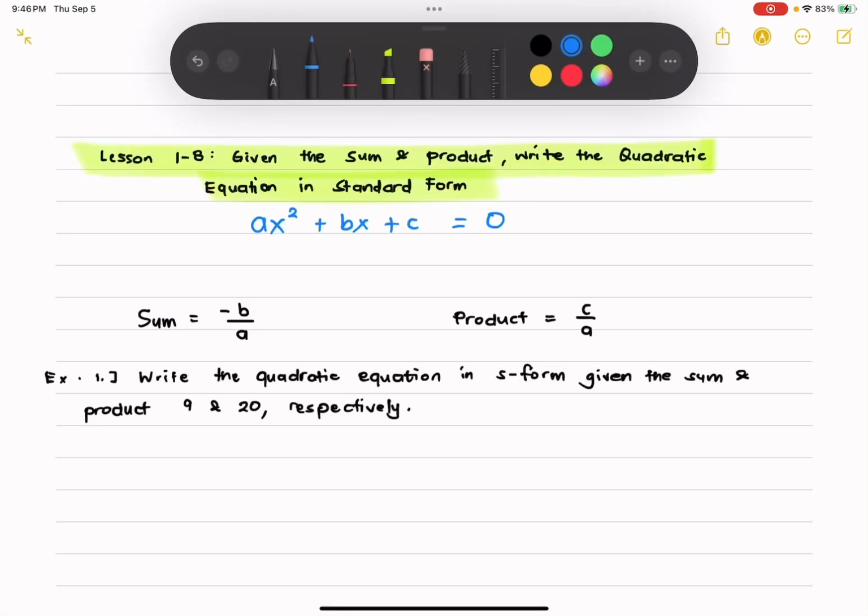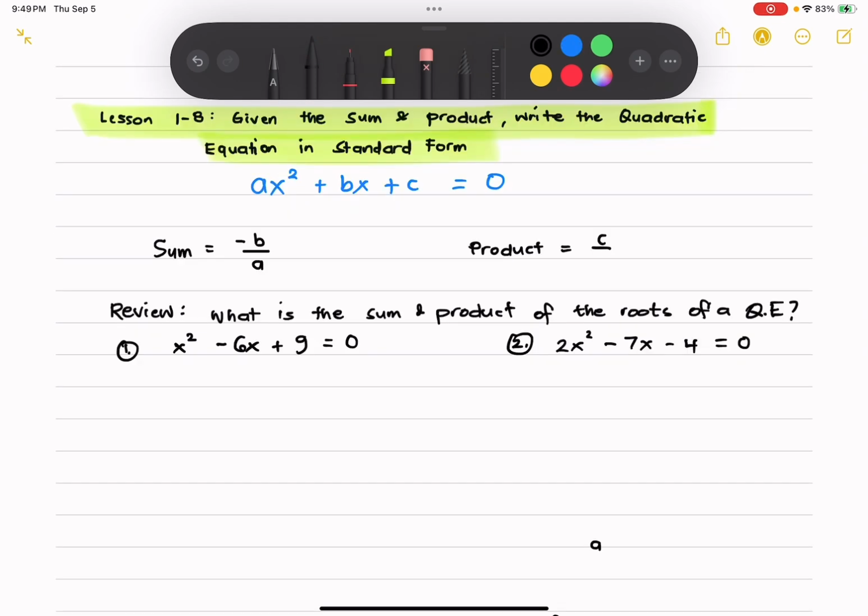Magandang buhay! Now, we're going to continue yung discussion natin about the sum and product of a quadratic equation. So, last time, tinuruan ko kayo kung paano kunin yung sum and product ng quadratic equation. Right? So, let's have a review on that. So, we have here a quadratic equation in standard form, which is ax squared plus bx plus c equals 0,